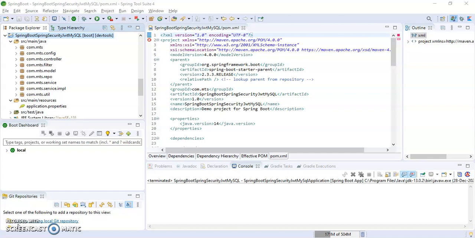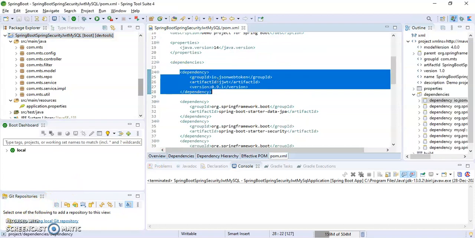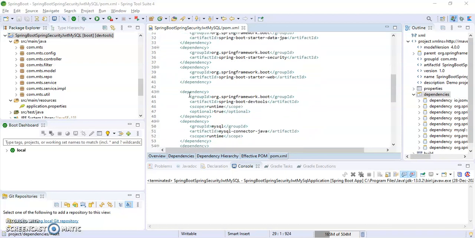You can add Lombok and DevTools dependency as per your requirements. You have to add this dependency from the Maven repository. You will get JWT, which is the JSON Web Token dependency. We have to add this dependency manually. These are all the dependencies.